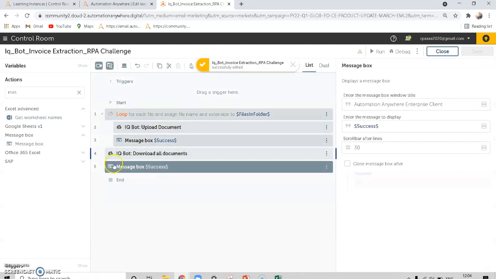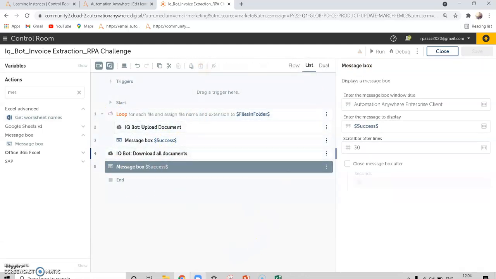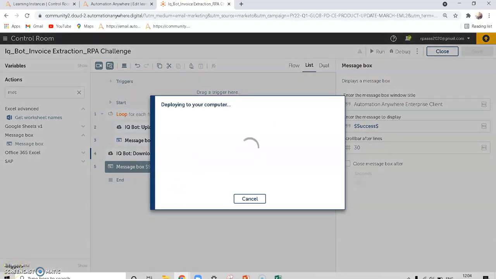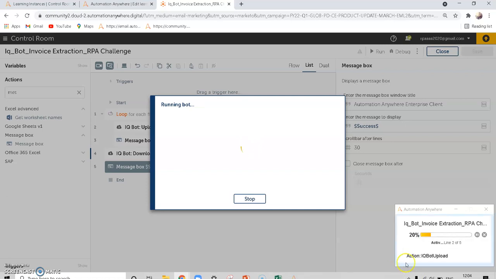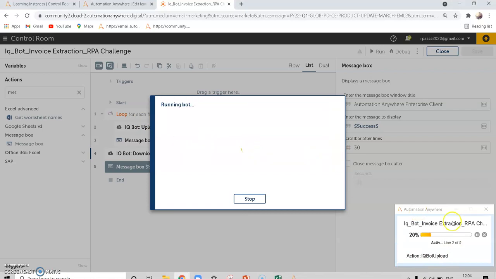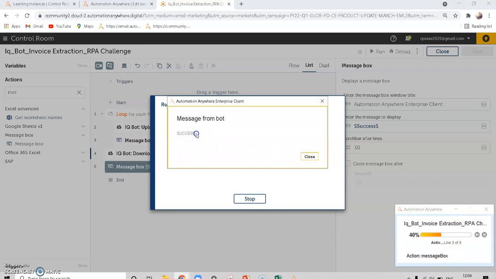My IQBot is ready in the taskbot to run. We can see. IQBot is uploading. A message box shows success. Then it's only 2 documents, so 2 success message boxes will come.